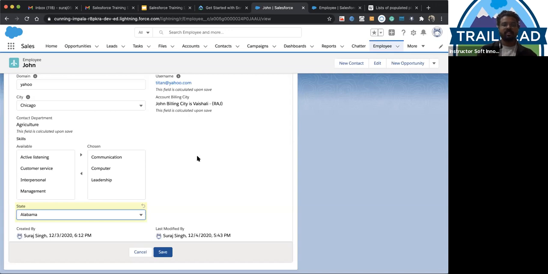Let's take a look at how we create a dependent pick list. Before that, I want to add some values in the city field so that they are relevant.